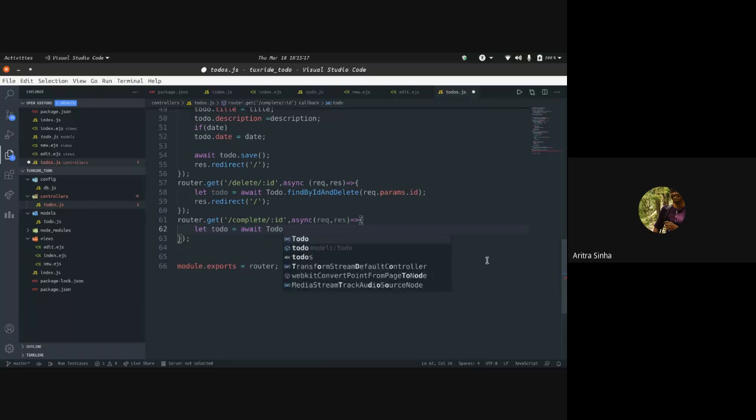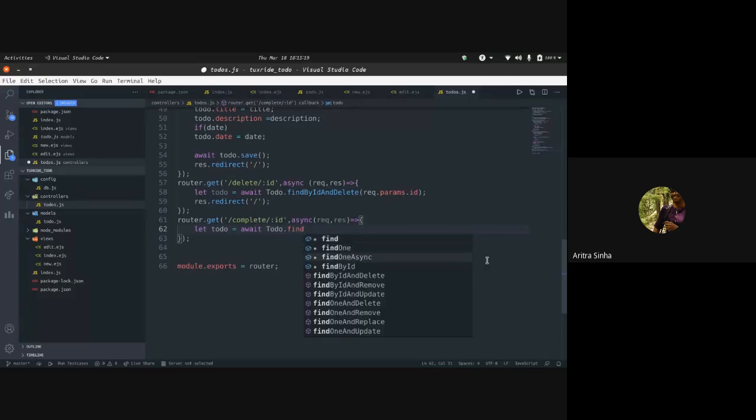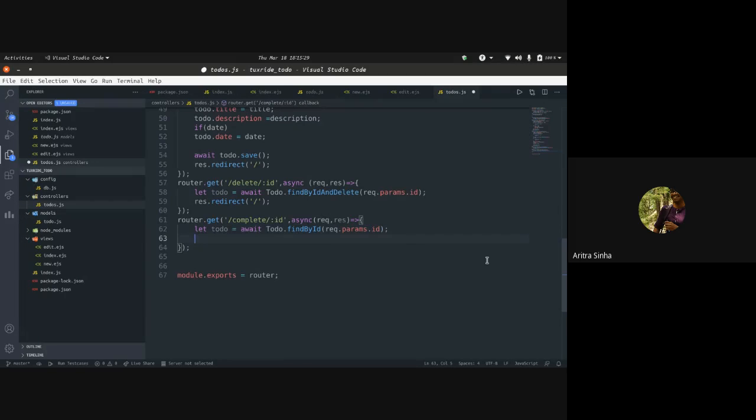To do dot find by id and request dot params dot id to do it, and after that we'll write to do dot status equal to completed.